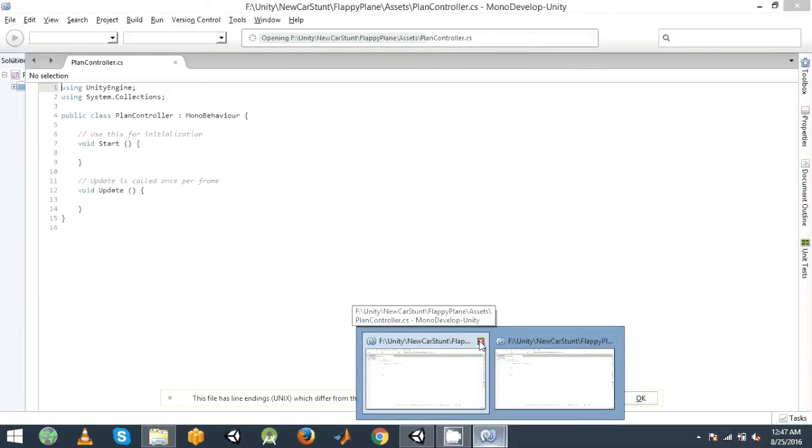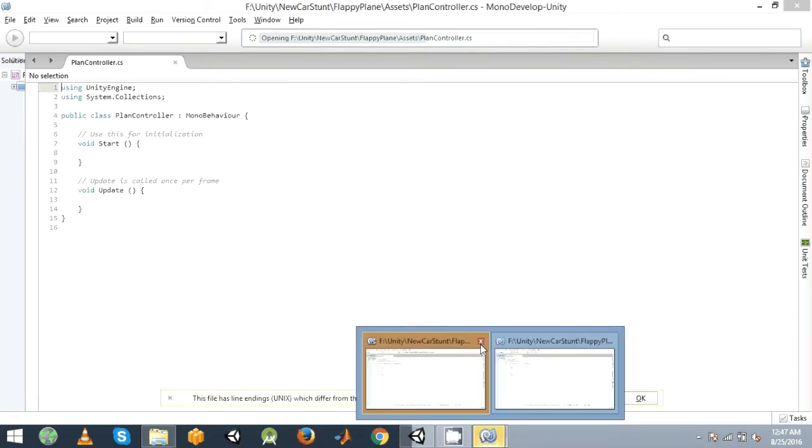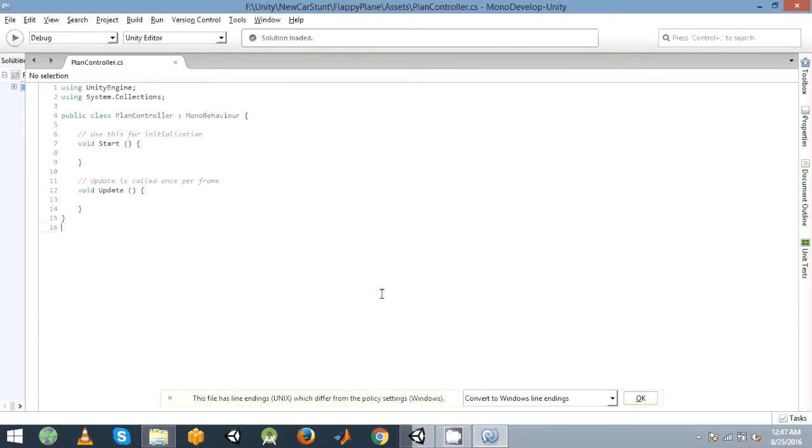Now whenever you create a script in Unity, you will see two functions built in. First is Start, second is Update. Start is a method which is called every time you start a game. So if you want to initialize some kind of values or things at the start of the game, that kind of code will be written in Start.